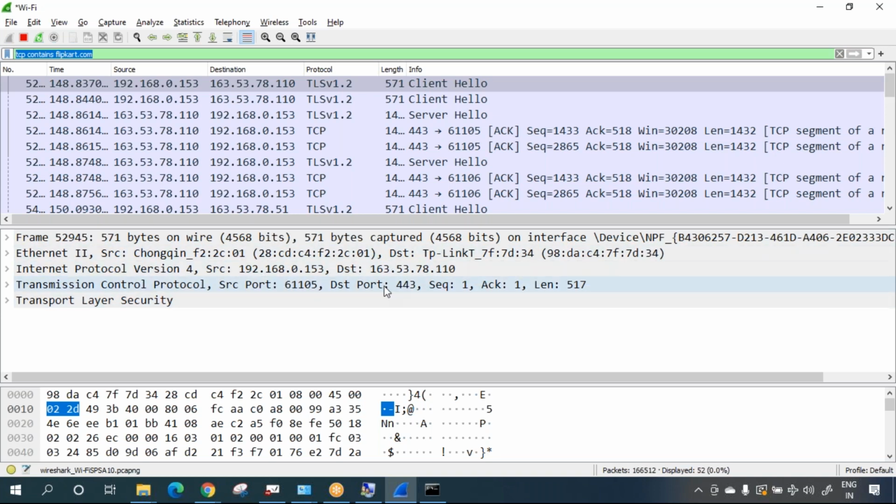If you do HTTPS Amazon, then the destination IP will be of Amazon. HTTPS meaning destination port will be 443 only. Source port will be any random port number for each and every packet. It is different. Destination port is your HTTPS, and destination IP will be the IP of Amazon, Yahoo, Facebook, whatever it is. But